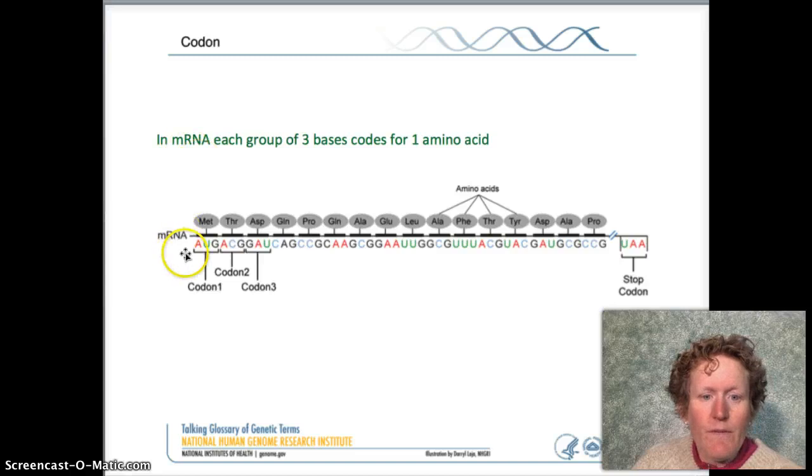Here's a review of the codons. Here's mRNA. 3 bases makes